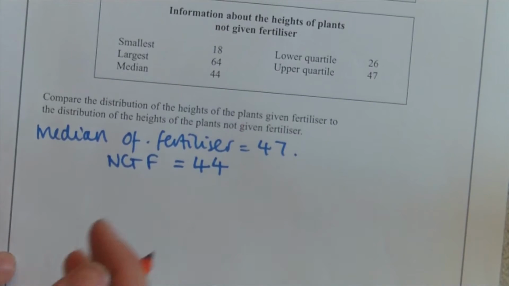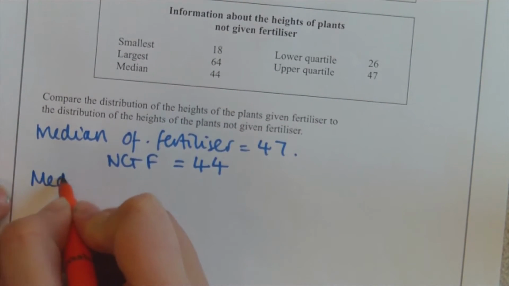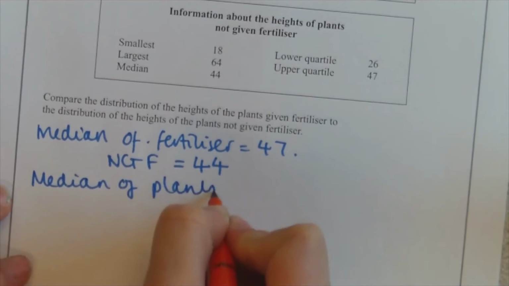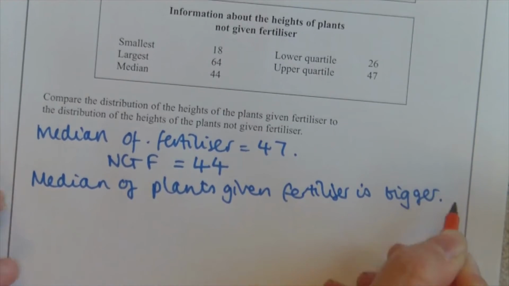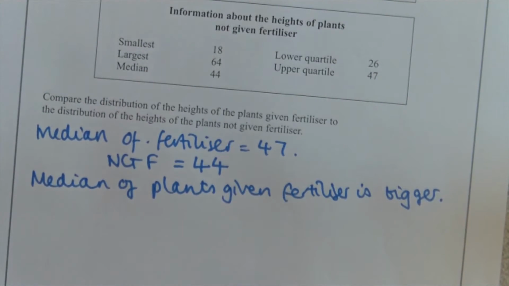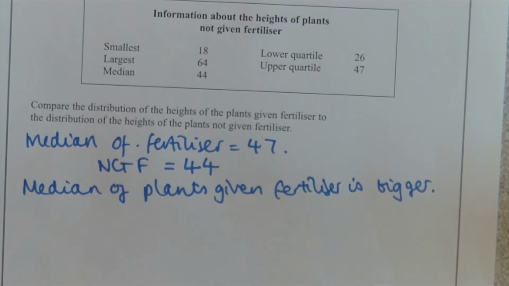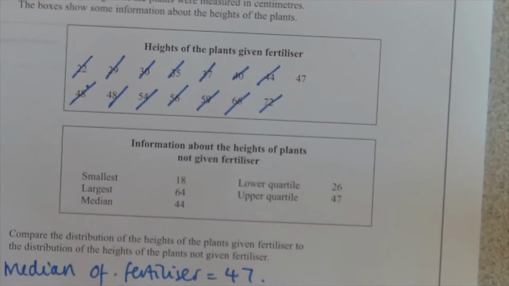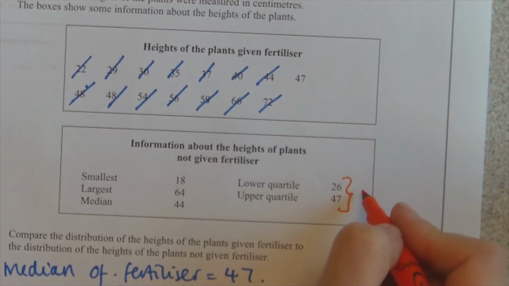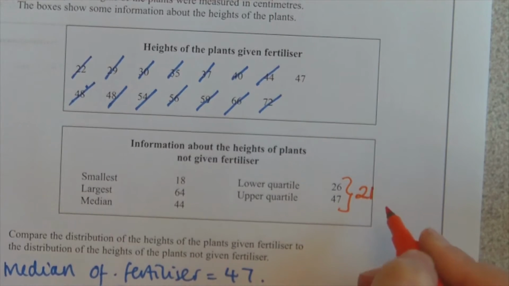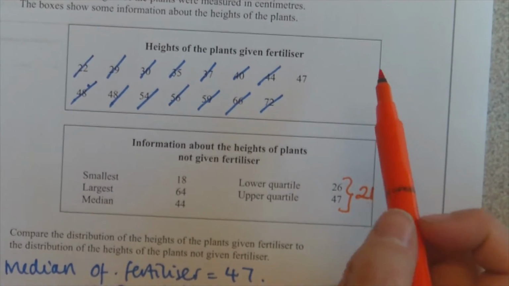So you can make some sort of comparison there. The median of plants given fertilizer is bigger. So that's our first comparison when we compare the medians. The second thing we could work out is the interquartile range. So in order to do that, we're obviously going to need to find the quartiles. If I go back to my diagram here, the interquartile range of this one is 47 take away 26, which is 21. The interquartile of this one is